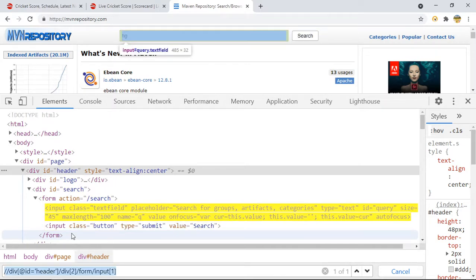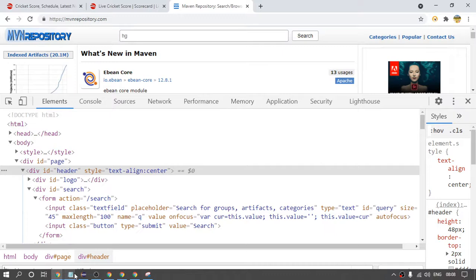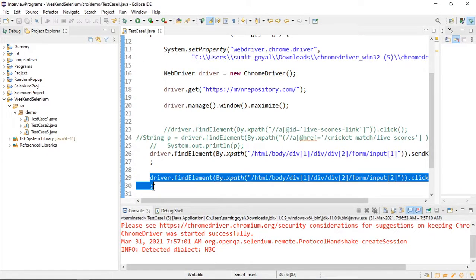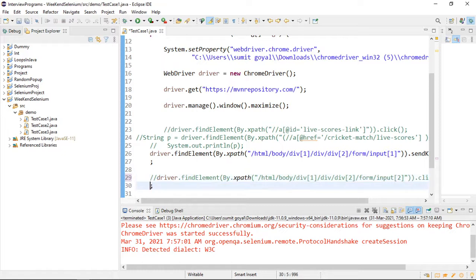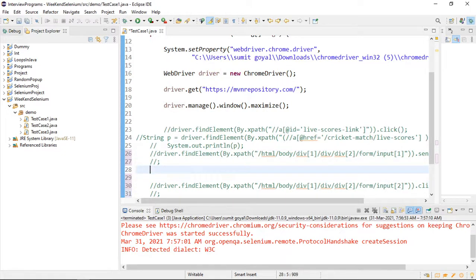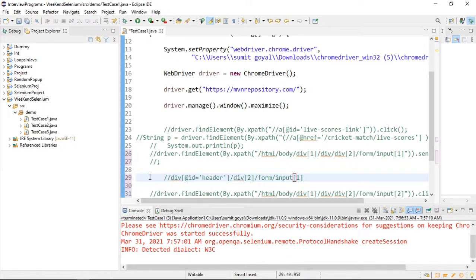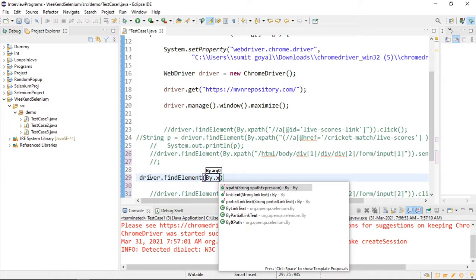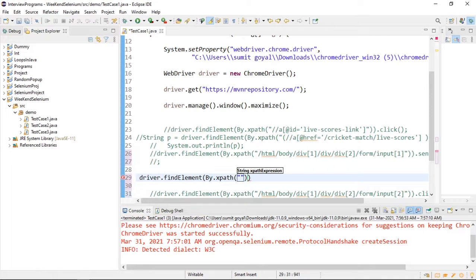If I say 1, I will copy this, and instead of this lengthy line, I will write driver dot find element by dot xpath.